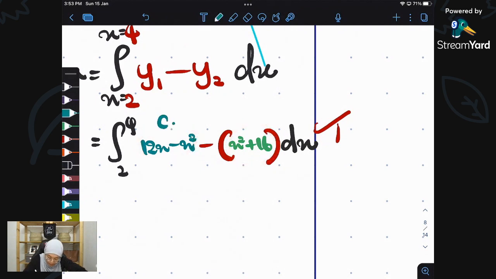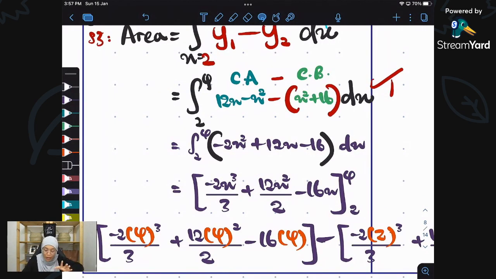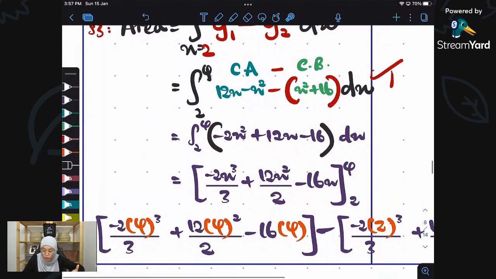So basically this is curve atas tolakkan dengan curve bawah. Okay, di mana? Di antara 2 point itu saja ya. Di antara limit itu saja. Jangan baca di luar region. Baca di dalam region saja. So we can now simplify these things. We will get negative 2x squared. Dari mana? Negative x squared minus x squared, we will get negative 2x squared. And then plus 12x is from here. And then minus it with 16, okay? Minus with 16 saja. And then we are ready to integrate it, but don't forget to bring the limits together